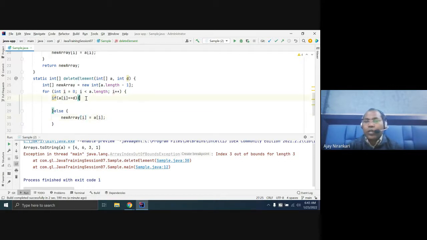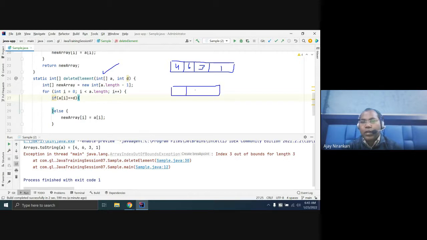So how to check? Anyone think about how you can control this problem? Whenever we get this array A, it has 4 elements: 4, 6, 3, 1. Now you created the new array with length 3.